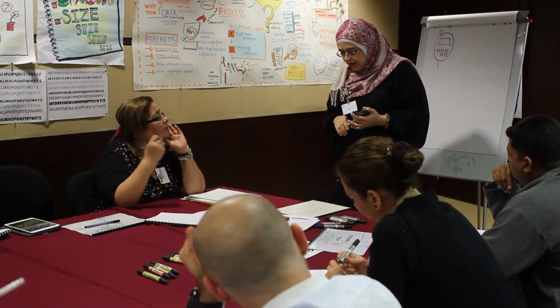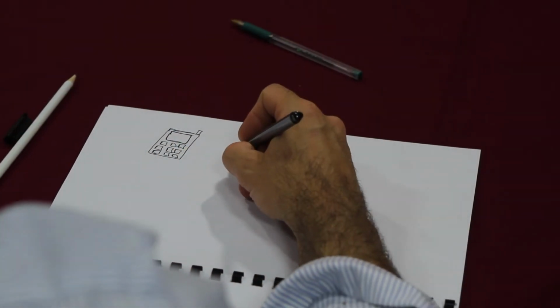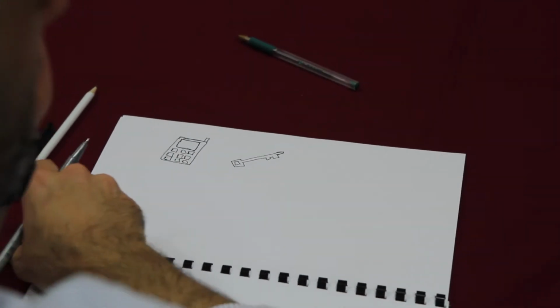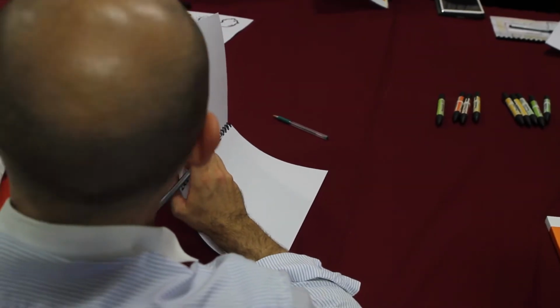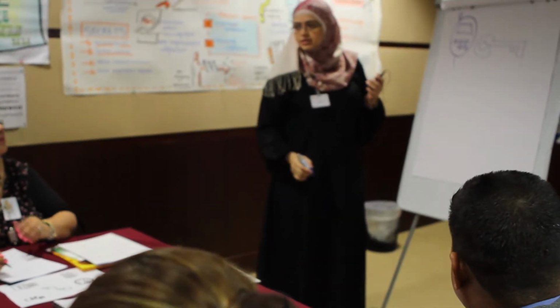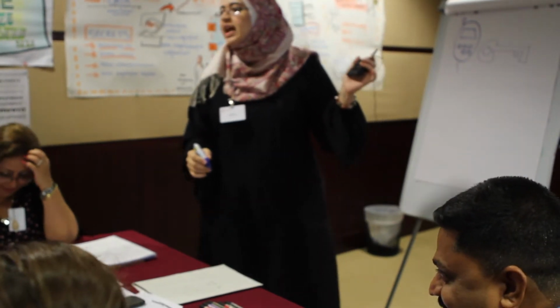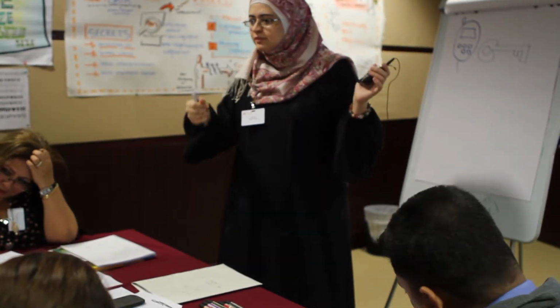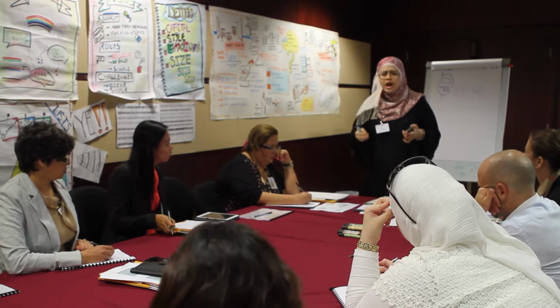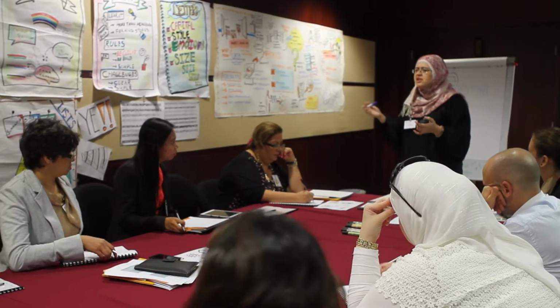So the third one, can you please draw for me a key? Yeah, excellent. Can you show me your key? Excellent. Good at drawing. And the easiest key is, this is a key, right? When you see a key, what can you think about? Doors. Answers. Video. I am talking about the video, how to create a video, and the video industry.